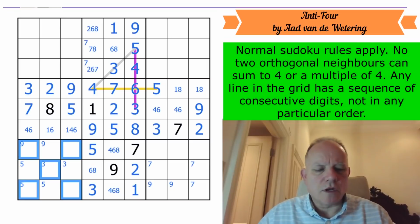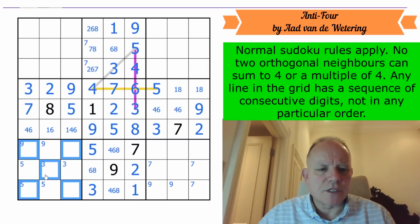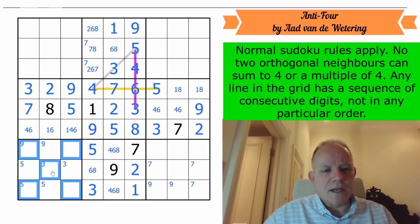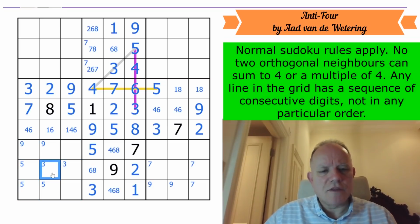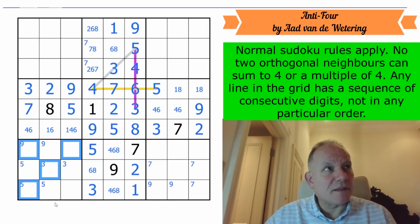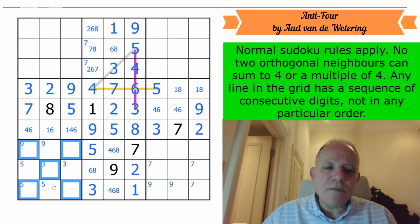So I was just looking at this corner where I'd made an assumption that filled all of these highlighted cells with odd digits. Now what was that? Oh, it was putting 3 in the middle. I'll just show you this again. So 3 in the middle, 3 has 2 possible places. If 3 was there, that forces 5 there and 9 there. Now 1 can't be next to 3, so that would have to go here. And then 7, which can't be next to either 1 or 5, if my maths is right, would have to be here. And this is an impossible configuration of the odd digits, actually,